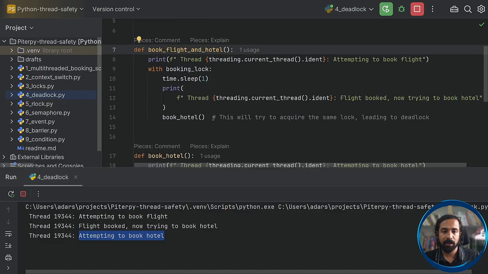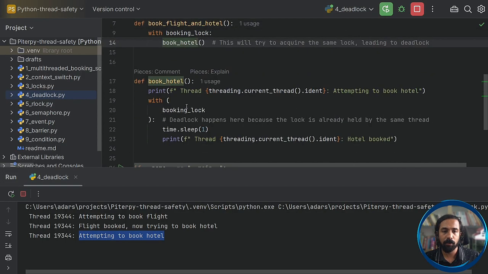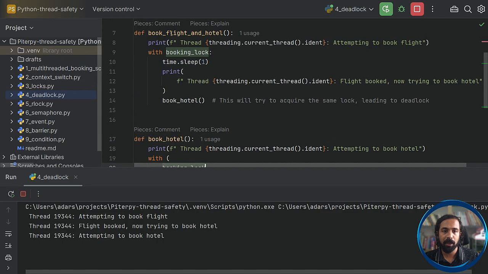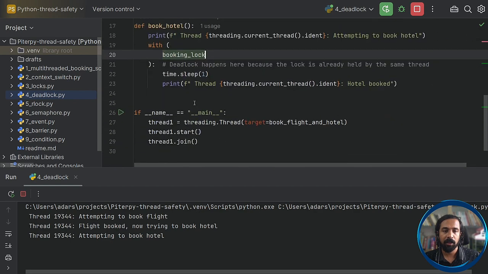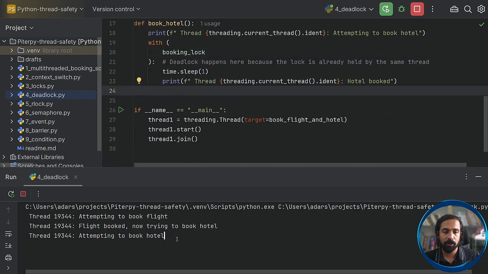So you can see that the book hotel function is called in our case, and our thread is now attempting to book the hotel. But the code gets stuck here because the booking lock object is already being held by our previous function. And this execution stops indefinitely, and this condition leads to a deadlock.